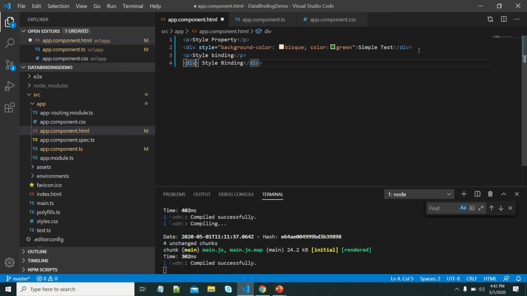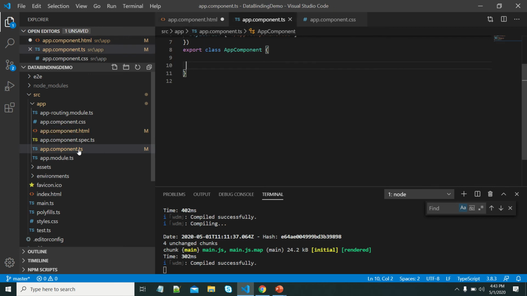If you want to use the style binding, you need to write style dot. I want to set the background color. I want to take this value from the component class.